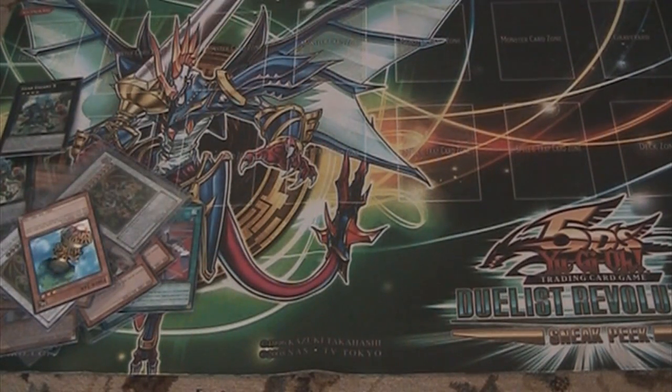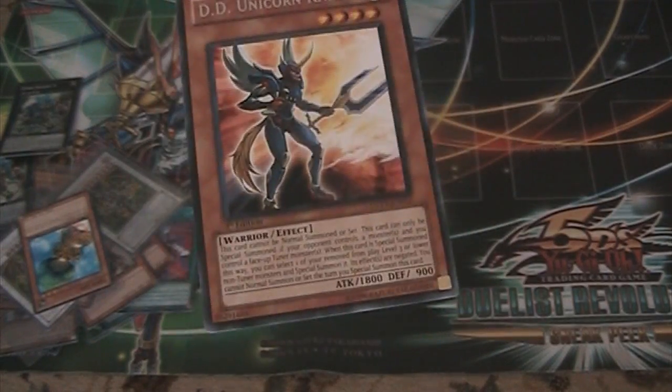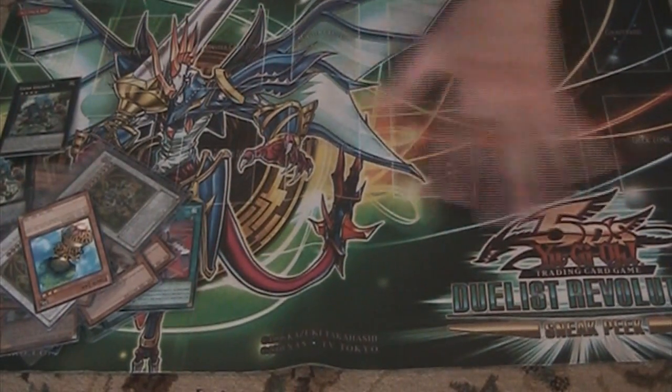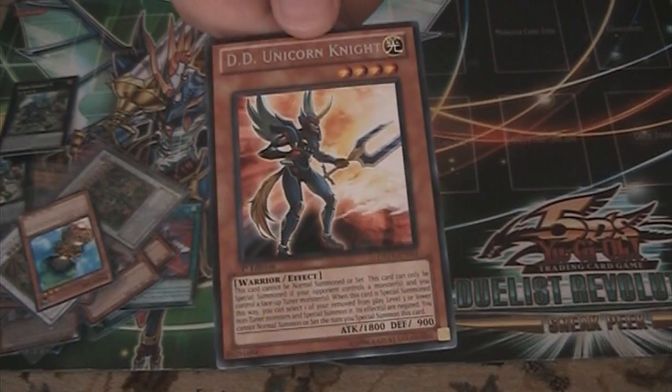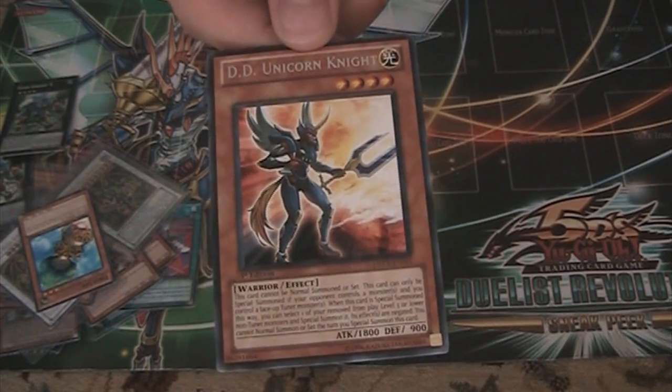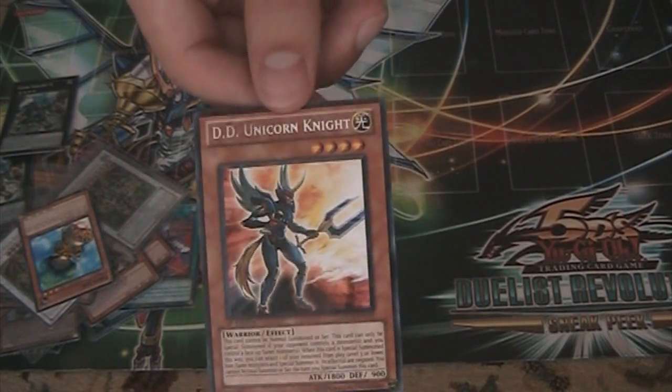And then DD Unicorn Knight. This card, most people probably haven't really even heard of this. This came out in this card pack. Like the playmat you see right here, that's what this card came from. And basically, it kind of has a really specific situation, so it can be hard to play. But if you do have a monster that is banished, and you do have a tuner monster on the field,